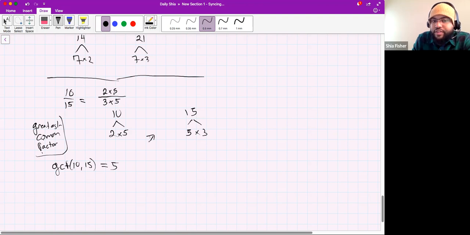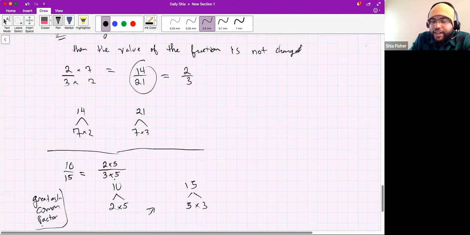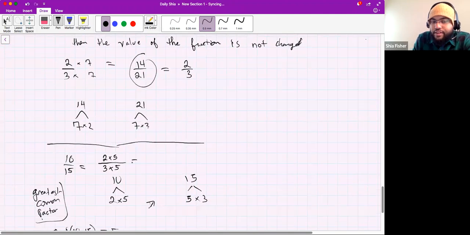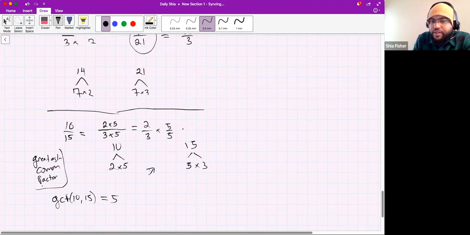And because these are the same, if we apply the basic principle of fractions, this is where it gets kind of neat. We're just looking at 2 over 3 times 5 over 5,